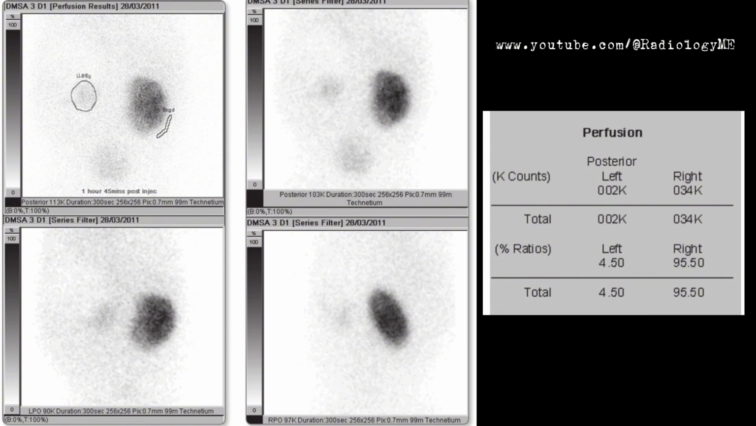You might also be asked, what would be the next appropriate investigation? Given the findings on the DMSA and ultrasound, I would consider further imaging like a renal Doppler ultrasound to assess the vascular supply, or a voiding cystourethrogram, VCUG, to check for vesicoureteric reflux. However, since the left kidney is already non-functional, follow-up would likely focus on monitoring the right kidney for any compensatory